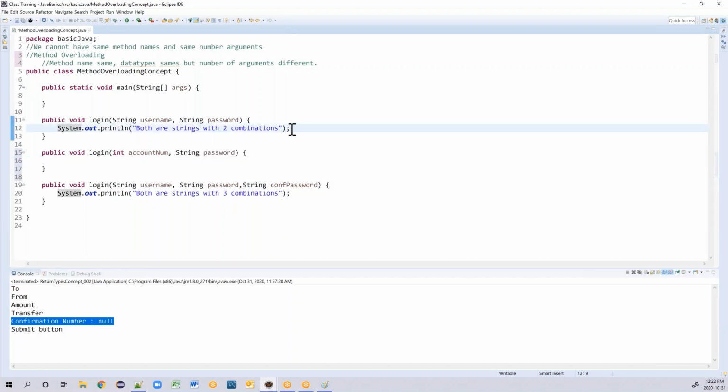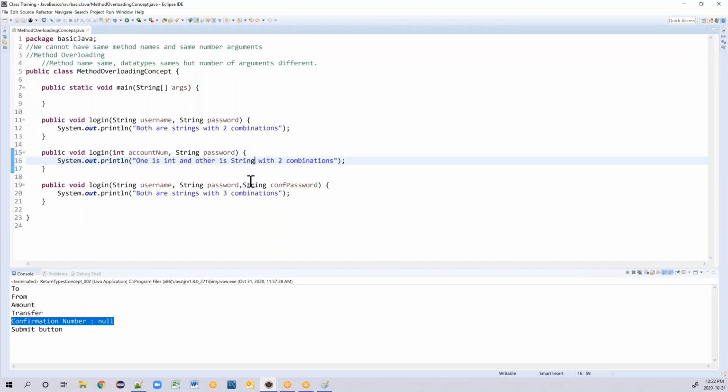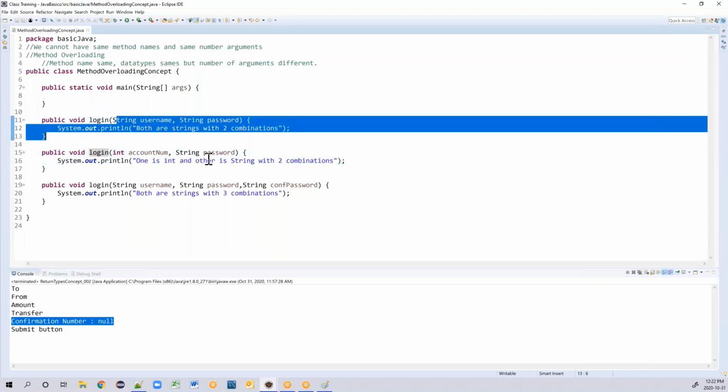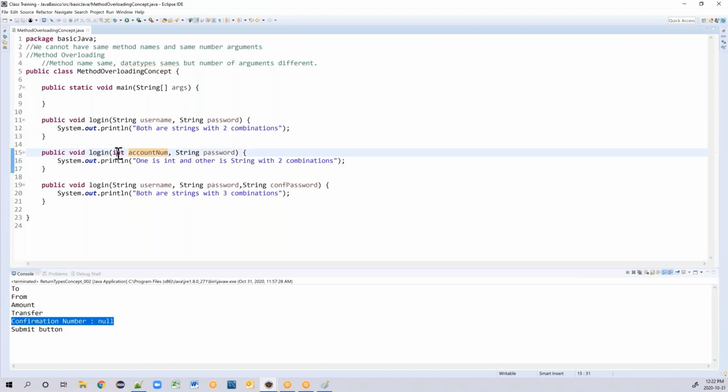So this I would call one is integer and the other is string, with two combinations. The method name is the same, the number of arguments is the same, but the data types are different.